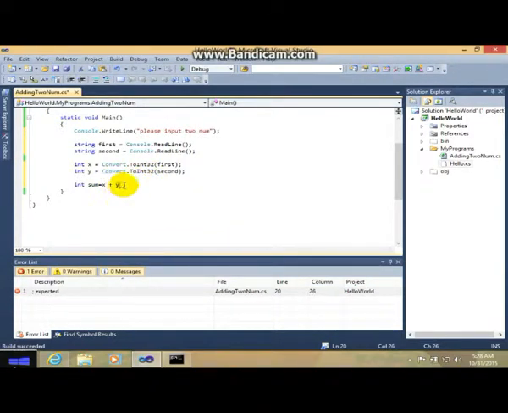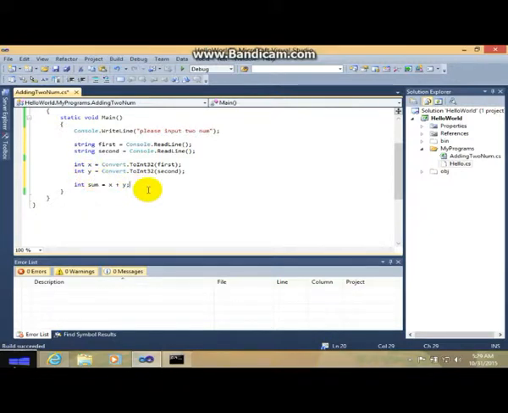Don't forget the semicolon. What this does is add the two numbers the user inputted. So if the user inputs 2 in this first, it will be converted into an integer and stored in the variable x. So x plus y, whatever you input, it will add the x and y variables.